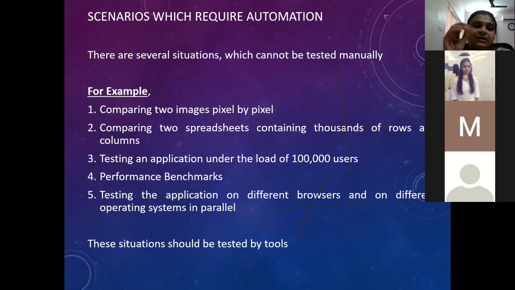For minimal load testing of normal applications, you can create 10 dummy users and log in through all of them, from 10 different machines at the same time. But when we are talking about applications which are going to be used by 100,000 users at a time, manual testing definitely cannot be done. You have to create so many users and fire the test case.